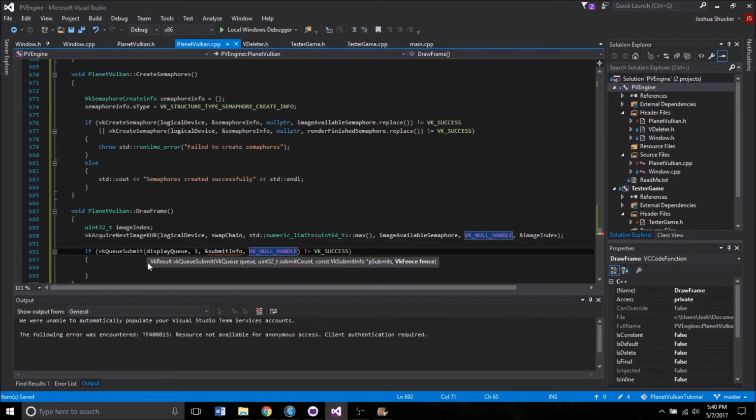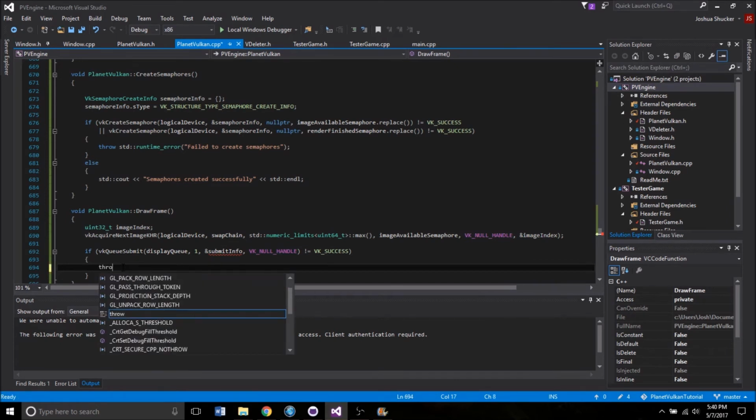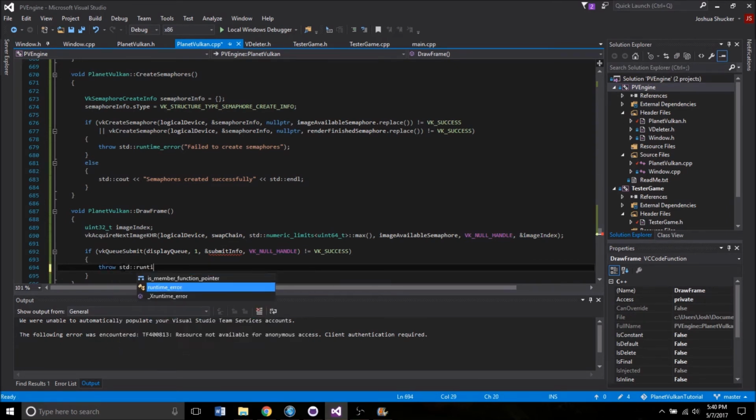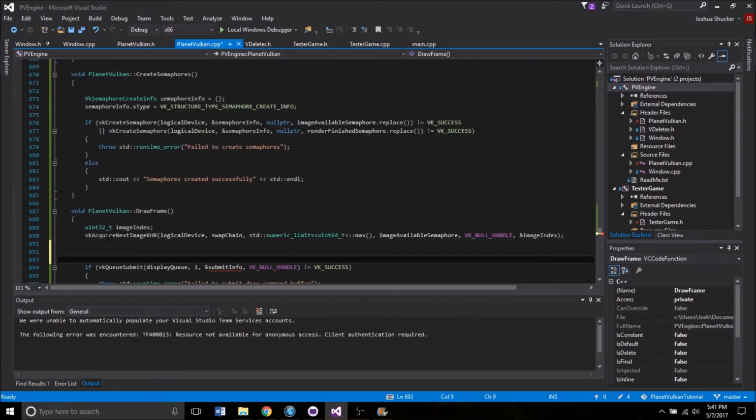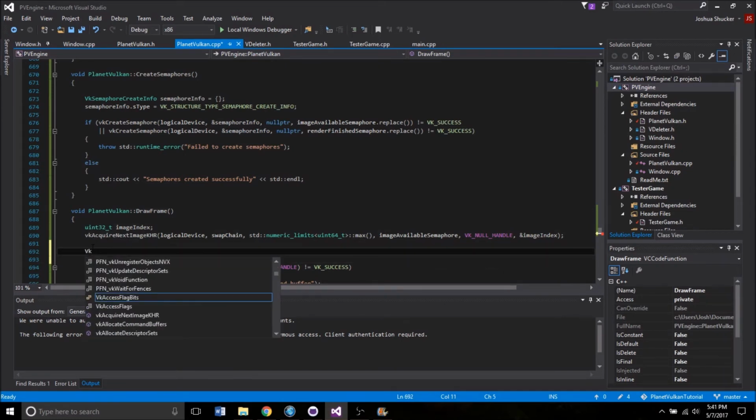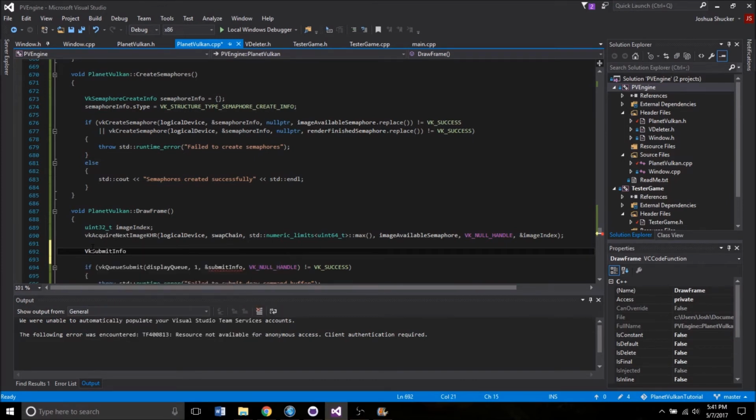So that's all we need there. And once again, we'll just throw std runtime error, and we'll say failed to submit draw command buffer. Okay. And now we need to fill out that submit info struct. So first we need to declare it, just right up above. Right there is perfect. And it's going to be a VkSubmitInfo,